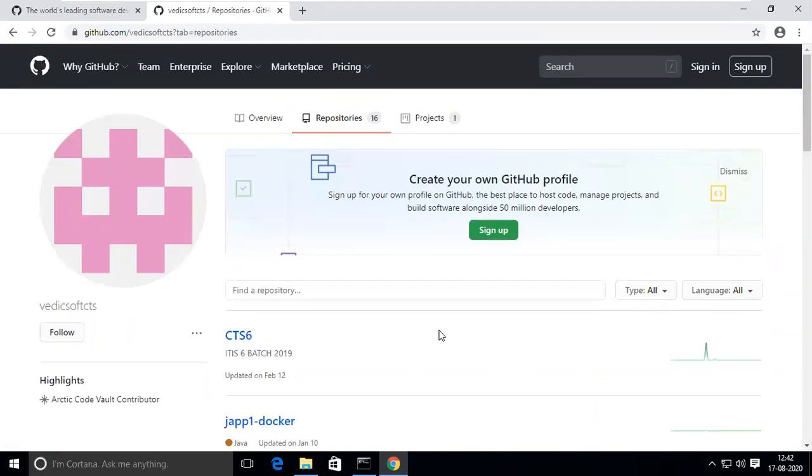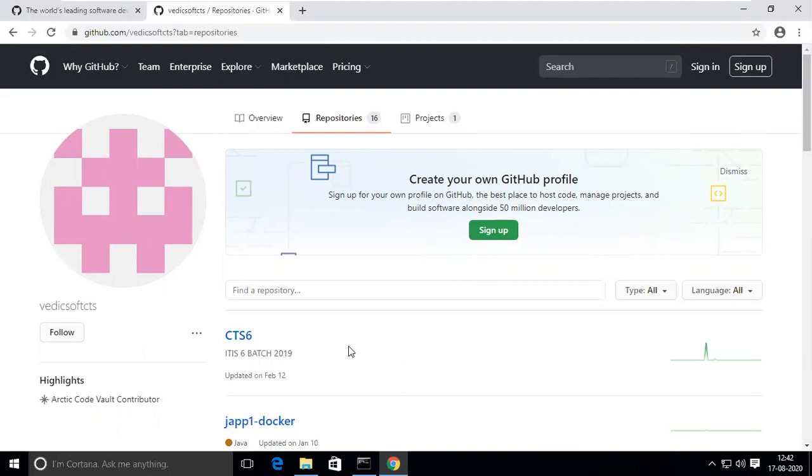If you want to do a project on your own, you can create your own repository. Here I'm using mine, so you can use this one. But I can't share the password. I will share the password, but you should not log in because it's a one-time login only. Once you log in, that's it.